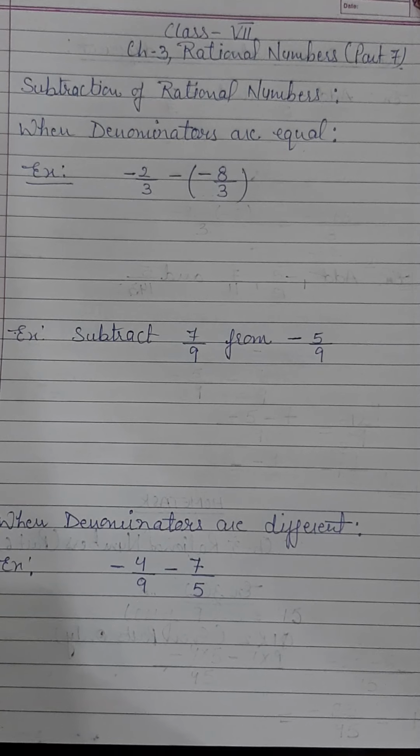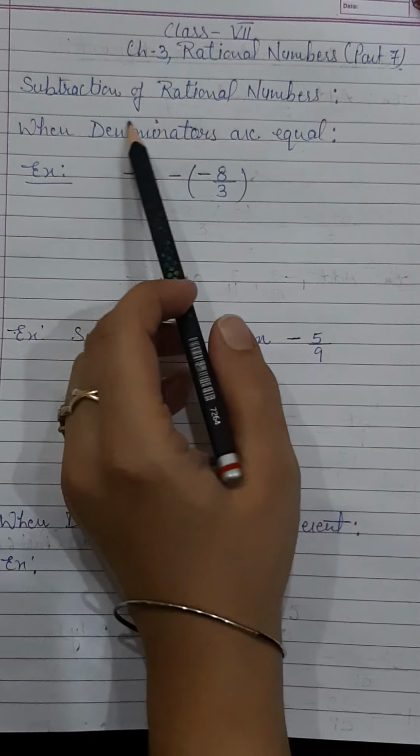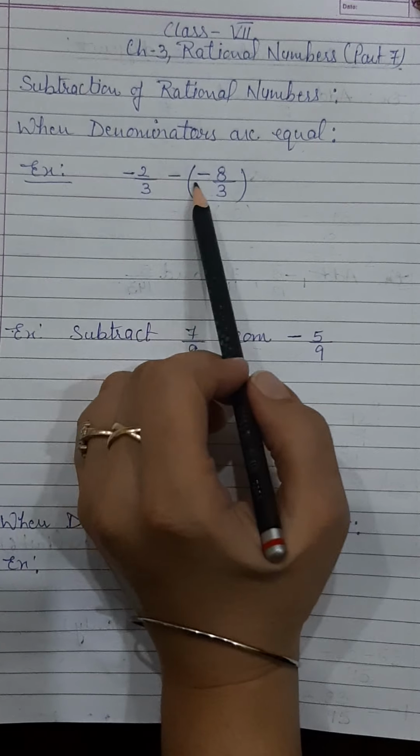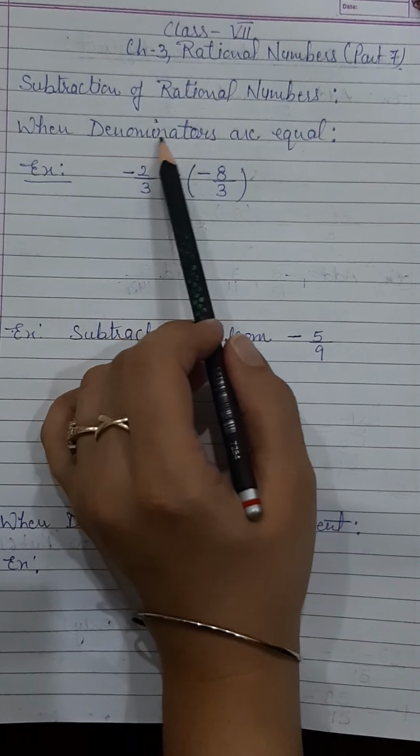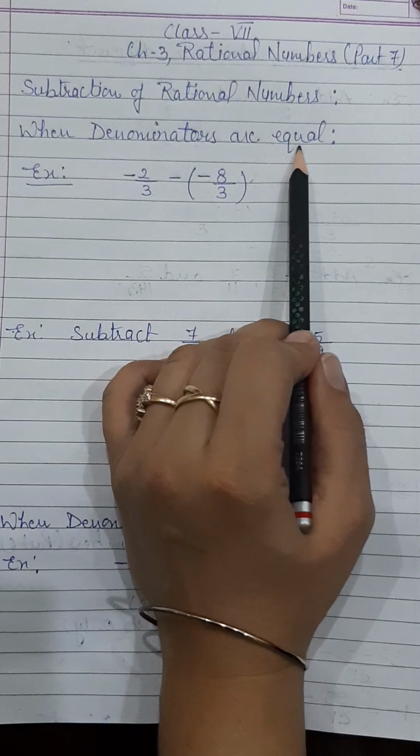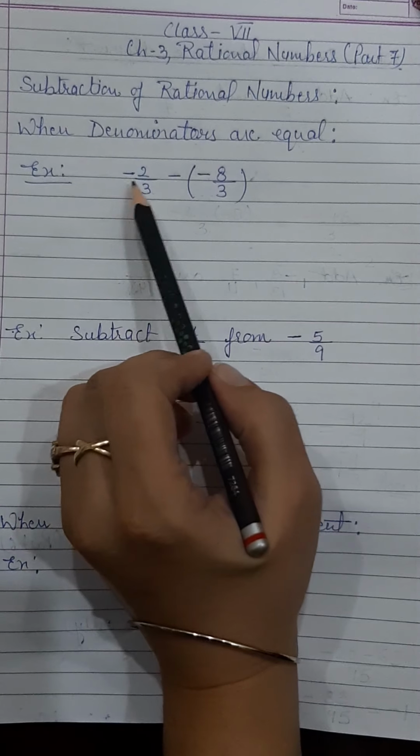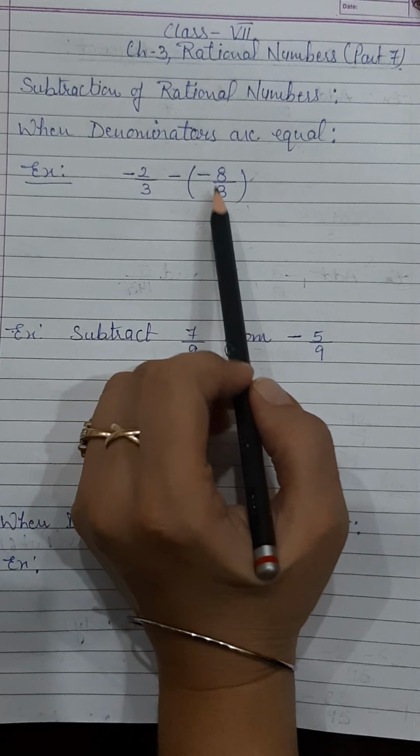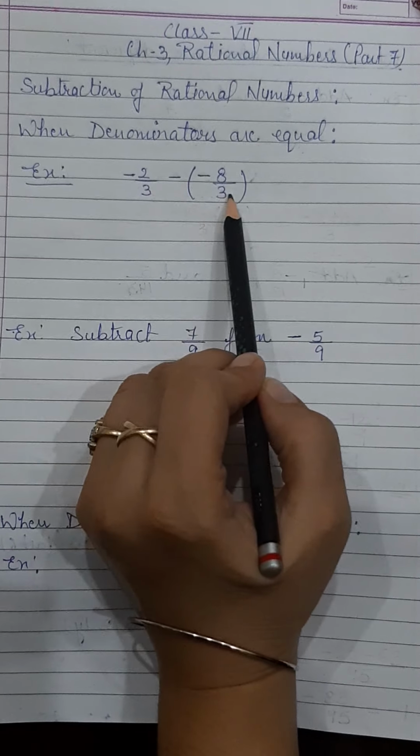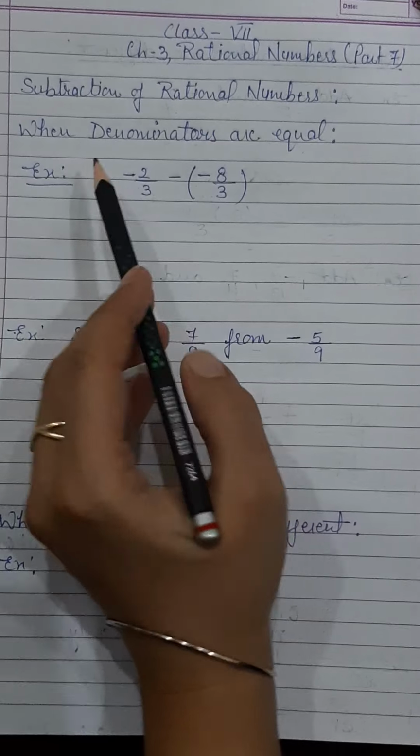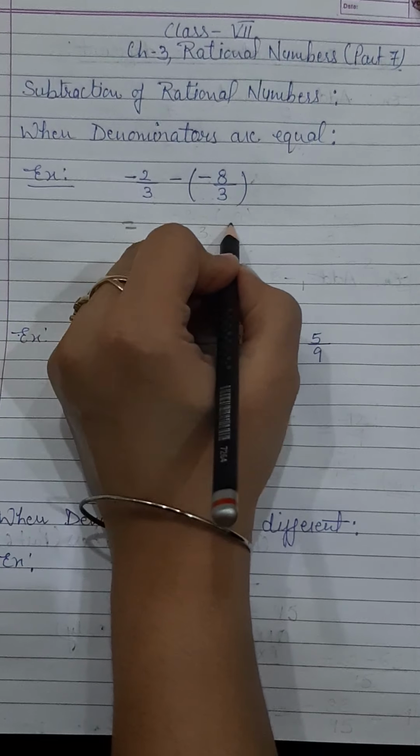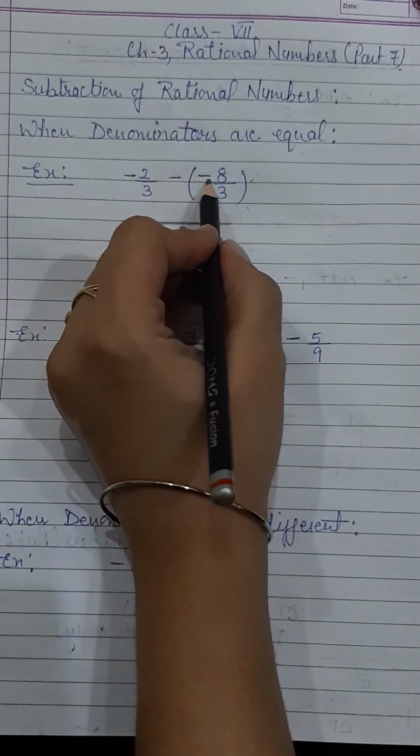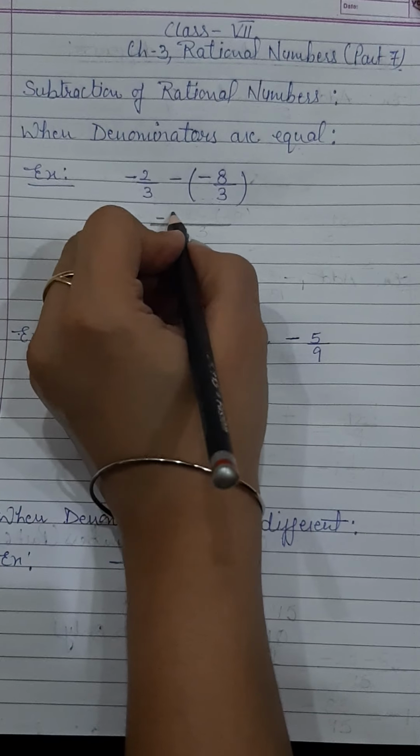Now come to the topic, subtraction of rational numbers. If you have to subtract two rational numbers in which denominators are equal, for example, minus 2 by 3 minus 8 by 3. So here you can see denominators are same, 3. So once you have to write denominator as 3 and numerator remains the same as minus 2